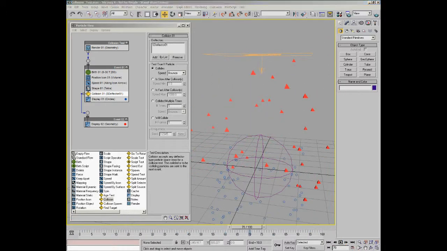I'll just stop that. The other options you have in the flyout here are bounce, which as I said is the standard, continue,